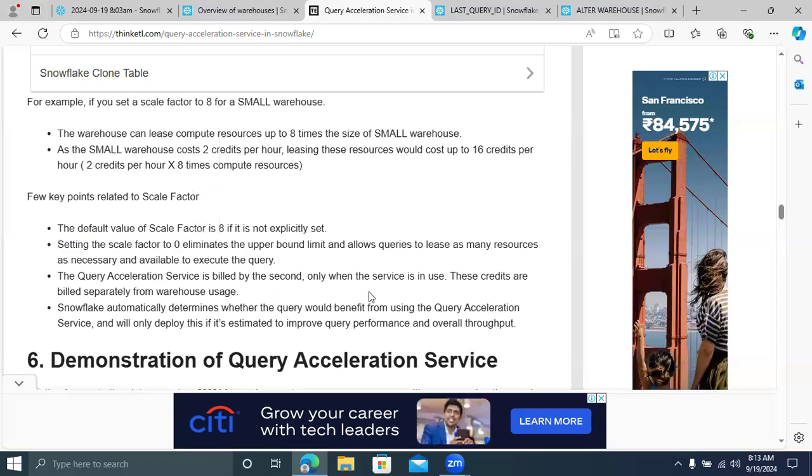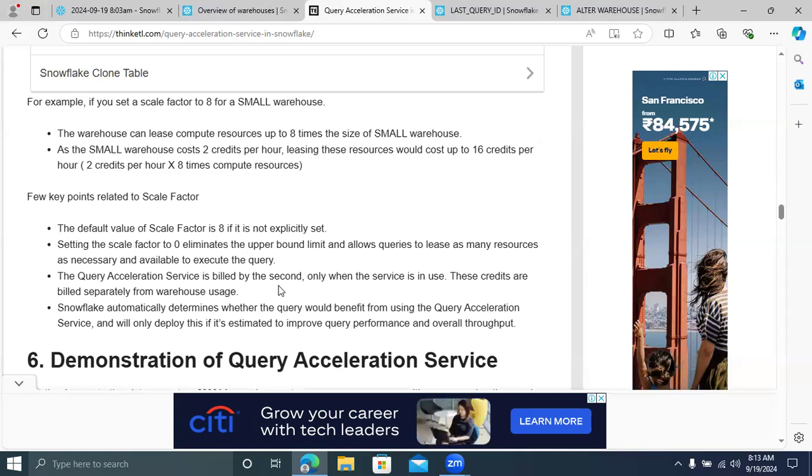The third parameter you have to keep in mind is that the query acceleration service is billed by the second. Whenever you use that service, you have to pay for it. Every second, it will be billed. The credits are billed separately from warehouse usage.